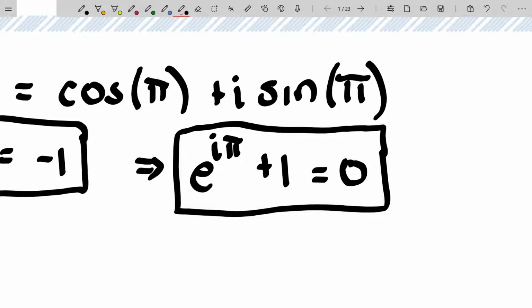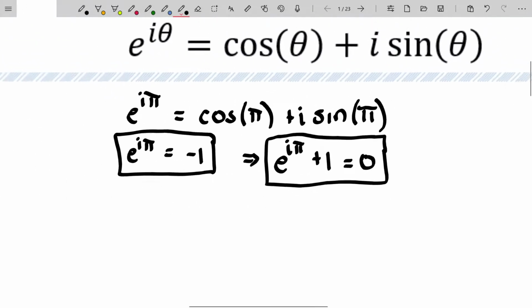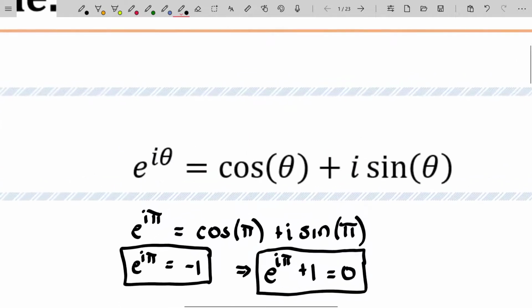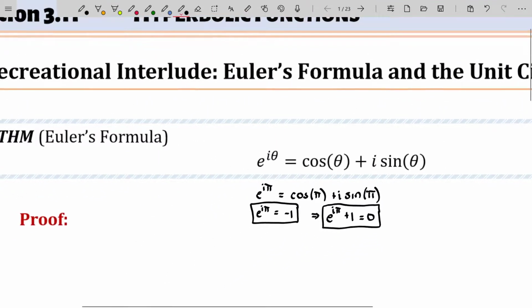Also, it's the limit as x goes to infinity of 1 plus 1 over x to the x power, which is also the limit as x goes to 0 of 1 plus x raised to the 1 over x power. i being the square root of -1, and pi being the ratio of the circumference of a circle to its diameter. Now that is a really cool formula, but it's all born from Euler's formula here,